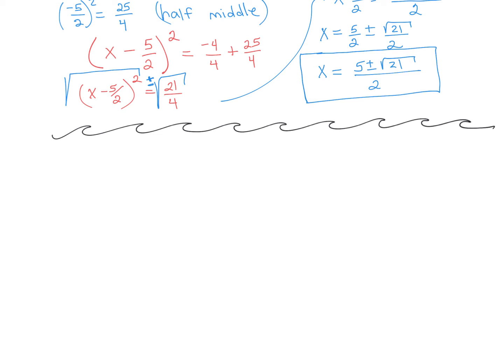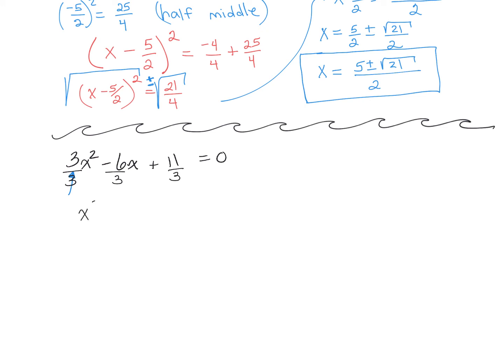I do have one more completing the square problem. This one is slightly different. We'll do 3x squared minus 6x plus 11 equals 0. The reason that this one is different is you'll notice that our coefficient of our squared term is not 1. So what we're going to do here is divide everything by 3, because I need that to be just 1x squared. So I'm going to divide everything here by 3,